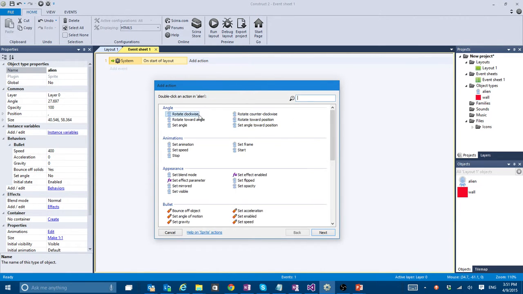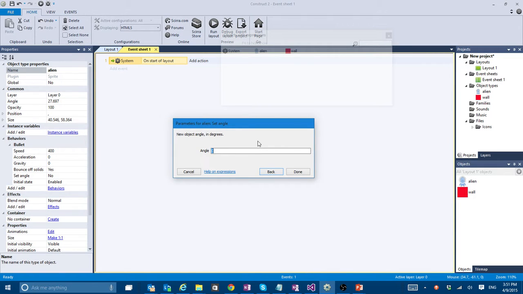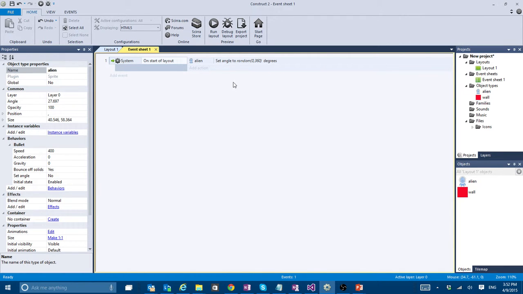So I'm going to pick my alien, and what I want to do is to set angle. That's the action. That is, I'm going to set the angle of this alien. And in this case I'm going to call it random. This is one of the few times that you have to actually write something in the constructor. It's just like a function because it's JavaScript underneath it all. And if you remember from geometry, the angle in this case, if it's not radians, goes from 0 to 360. Well, I could go to 359.99999, because 360 is again 0, but still you're going to get it right. So now if we run it,